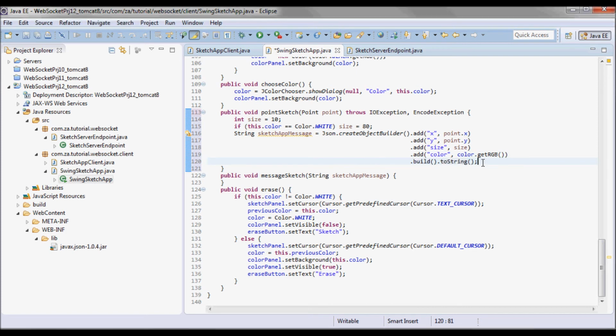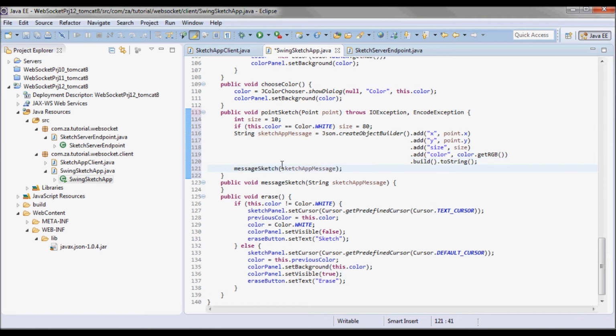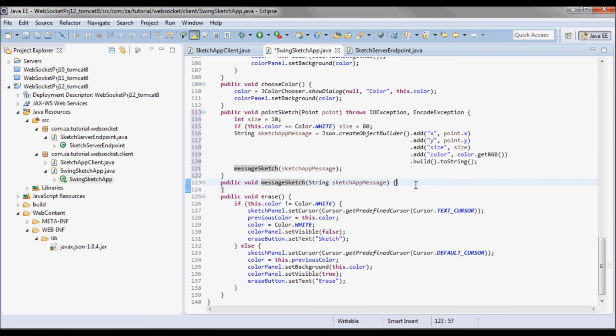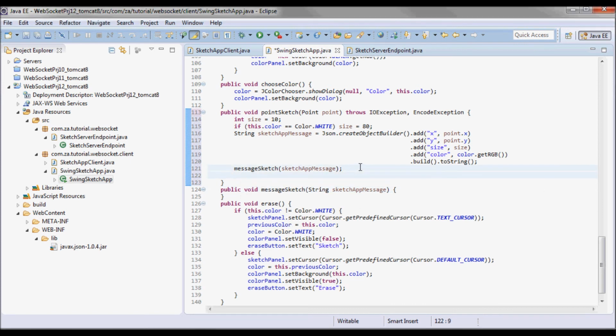And I'll go ahead and pass that to the messageSketch method to do the actual sketching. So messageSketch is also going to handle incoming messages to be sketched, and after sketching this message locally, I'll go ahead and send it to be sketched on other windows. So I'll do sketchAppClient.getSession.getBasicRemote, and do a sendText, sending it this JSON text.